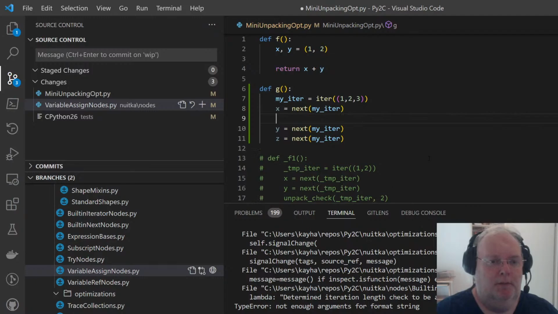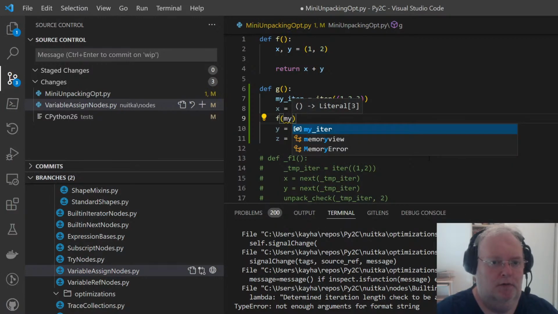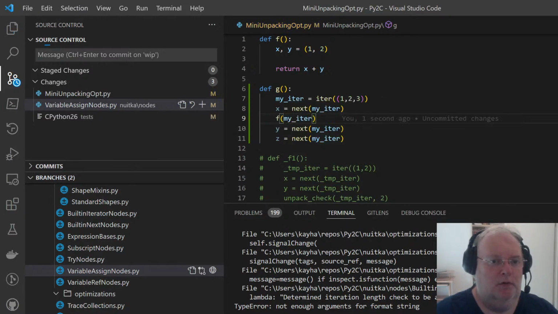So when this happens, copy iter of my iter, I want to stop here with that sort of optimization. And in fact, because I don't know how to do this without doing that, I will abandon the whole replacement. That's okay. That's called escaping.